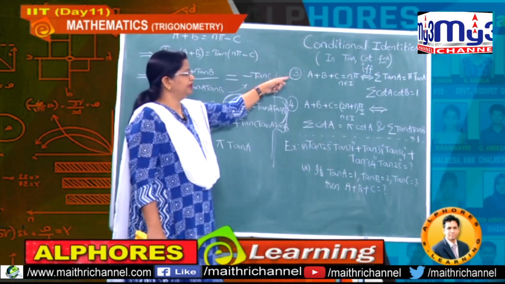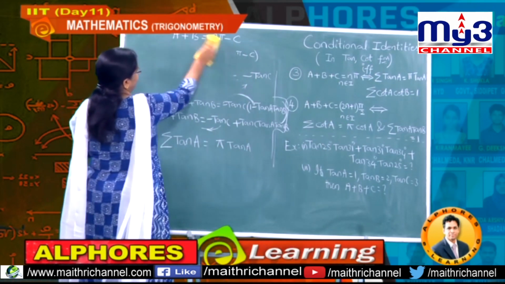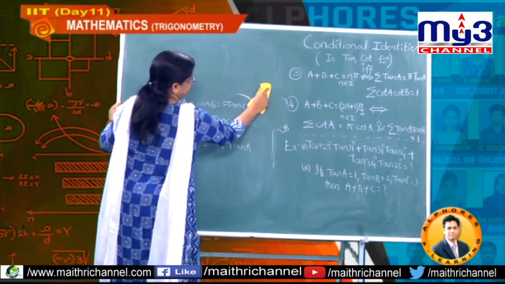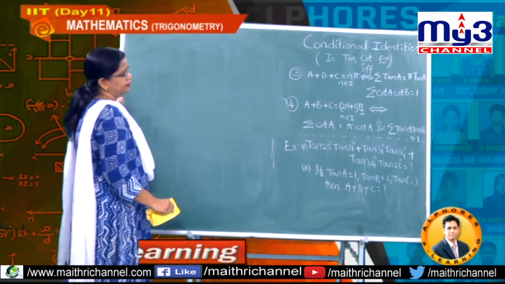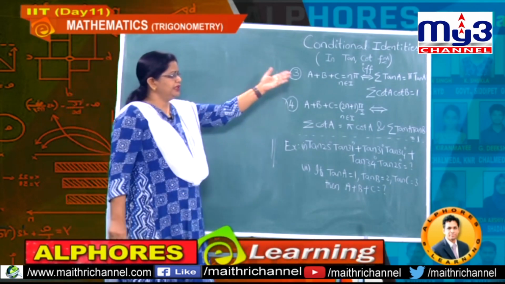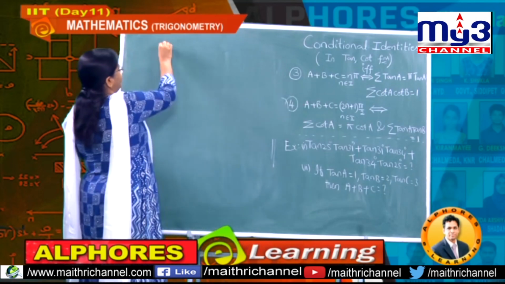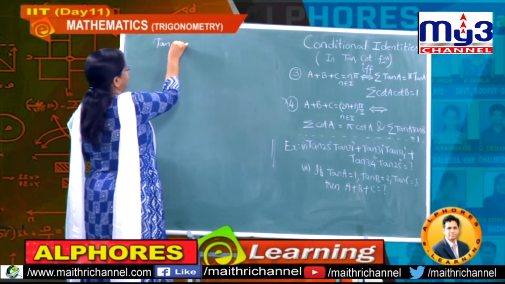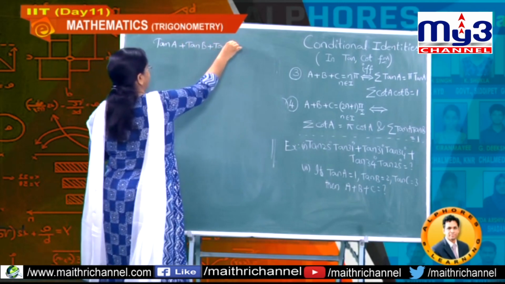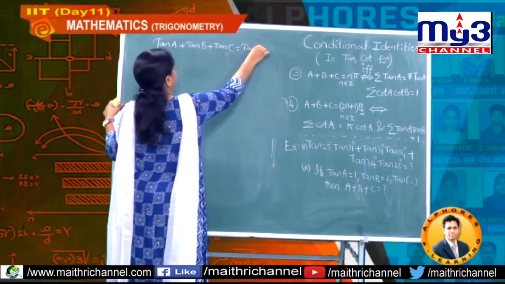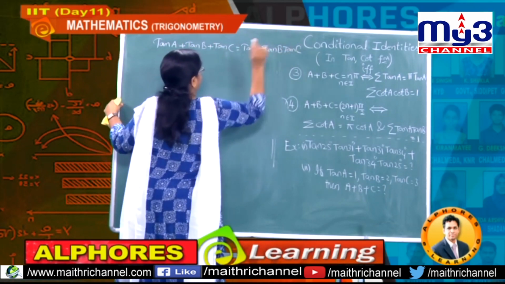Now observe here, students, we proved one result. For the second result, sigma cot A cot B equal to 1, we have to get the other answer. Now you can easily deduce it from the known result. Just now we have proved, what is our proof here? Tan A plus tan B plus tan C equal to what is the value you got? Tan A into tan B into tan C, okay students. So this result we just now proved.